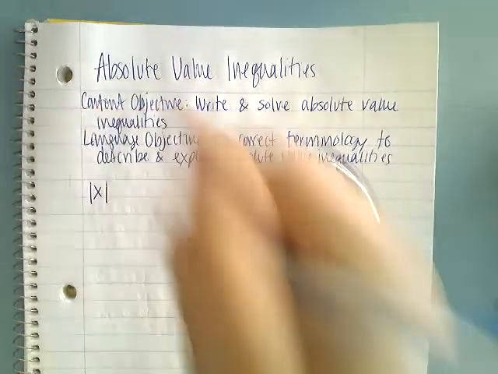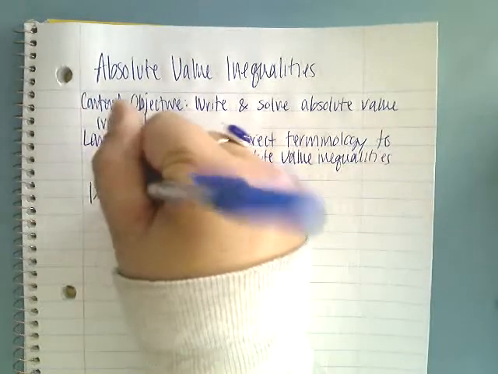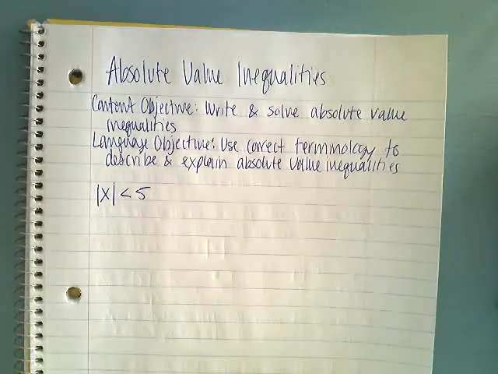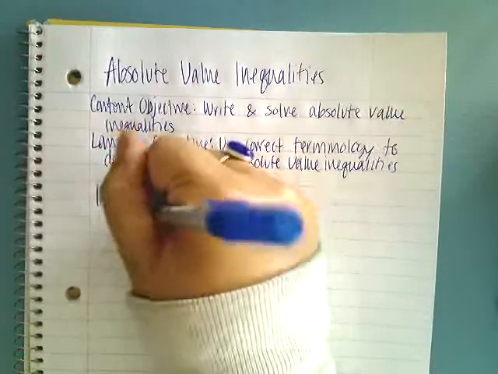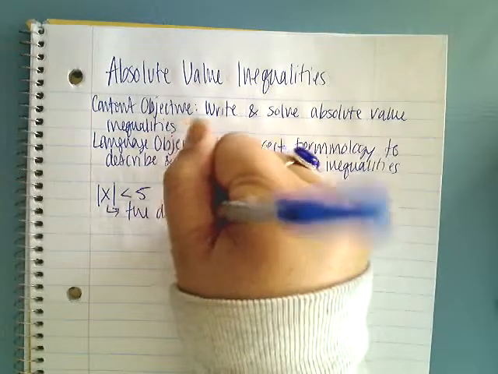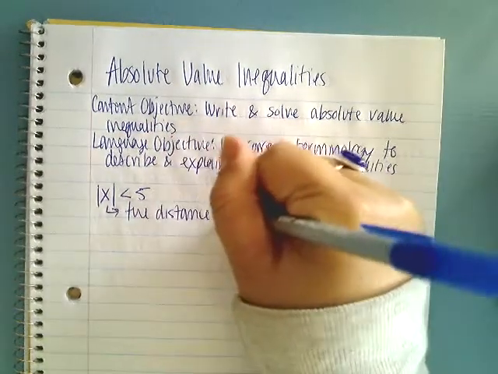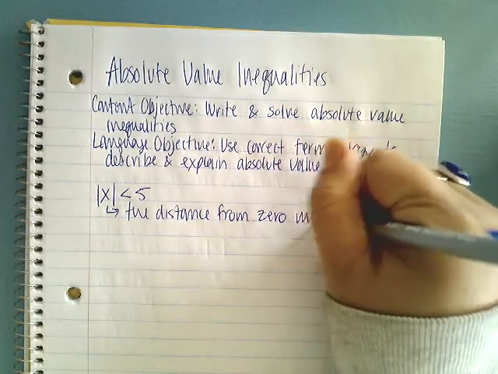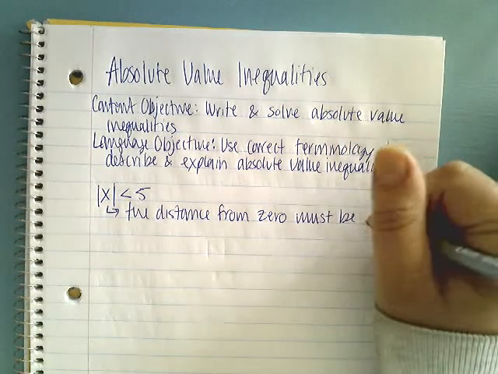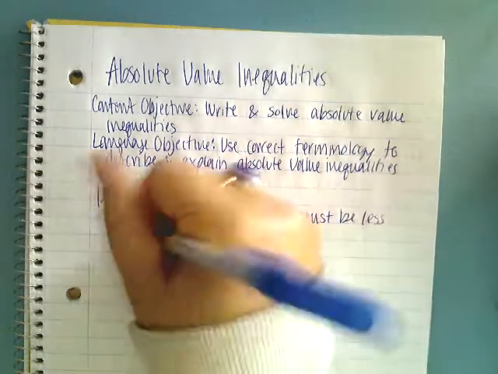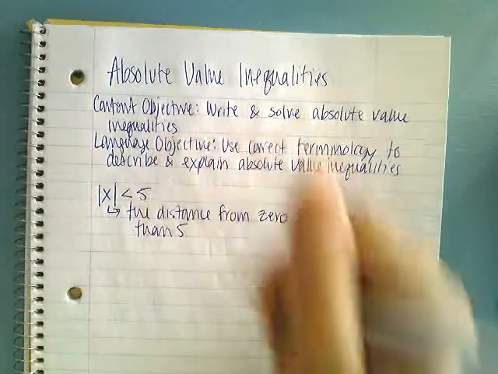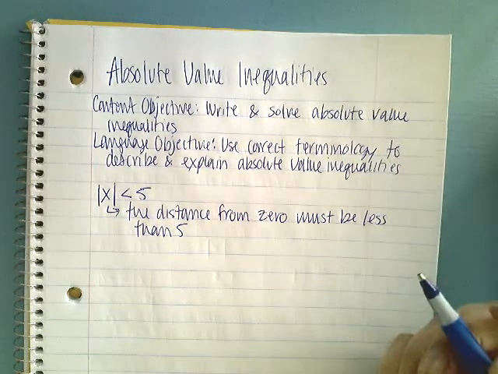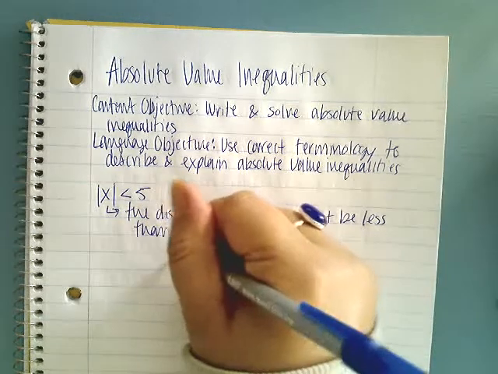If the absolute value of x is less than 5, it means that the distance from 0 on the number line must be less than 5. The same could be said if it was less than or equal to, it would just be less than or equal to 5. So what that means is if I have a number line,